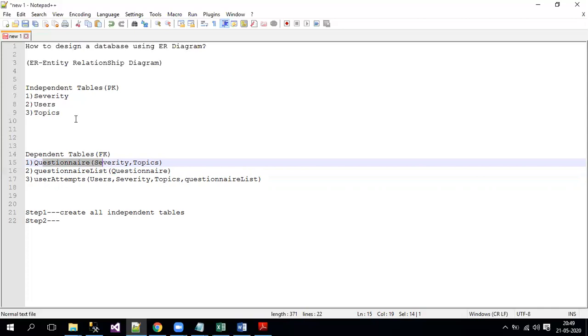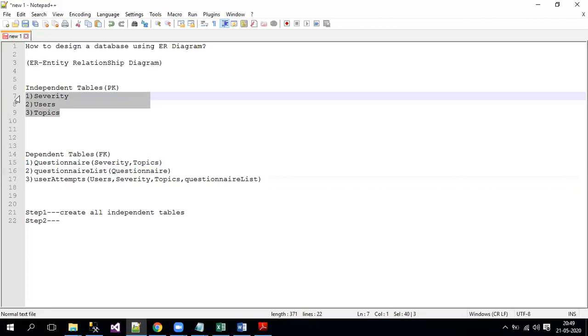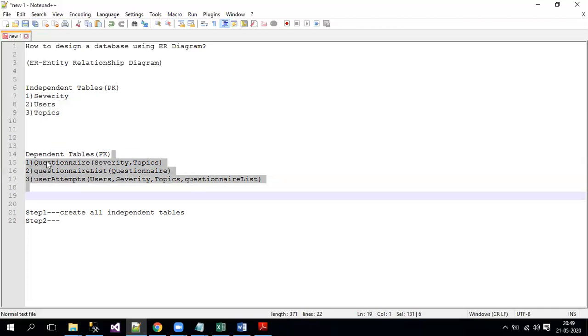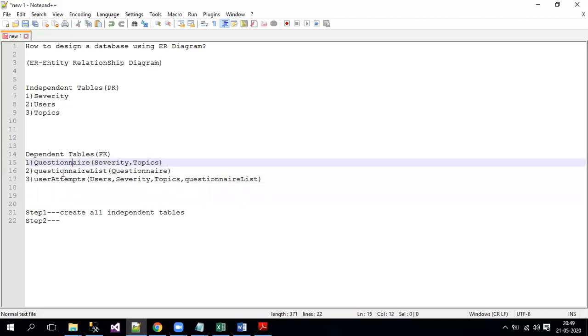Make sure that for independent tables there won't be any priority, so you can create either way. There is no order to create independent tables. But when you go for dependent tables, you need to check whether these tables are depending on independent tables, or is it depending on the dependent tables itself. If there is a dependency on dependent tables, then definitely you need to give a priority, so which table has to be created first. If you segregate these things in a priority level, then we can easily create the tables.